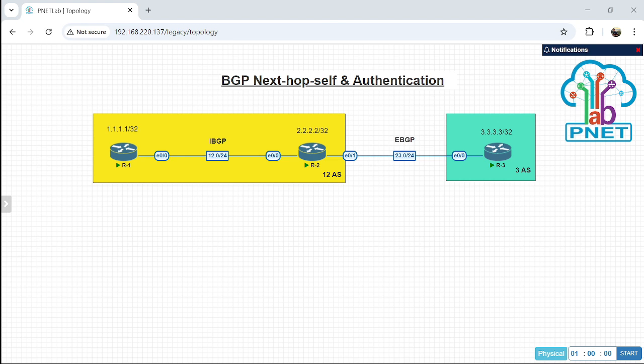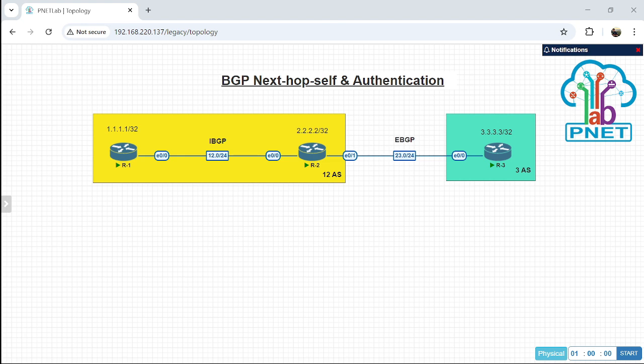But because in this lab we haven't advertised these IPs to BGP, if we want to check ping, we need to enter the source of an IP that has already been entered into the BGP routing protocol. So I think that's all for BGP next hop self.